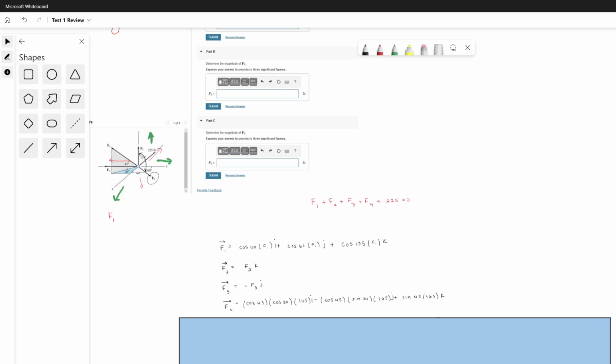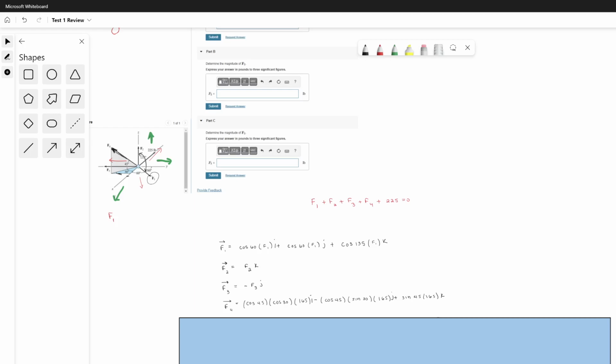So it's cosine of 45, because this angle, if you want to find it, you have to take the cosine of 30, because this is the angle it makes when it's reflected over the x-axis. Okay, so it's cosine of 30 times the cosine of 45, because this angle is touching the x-axis,